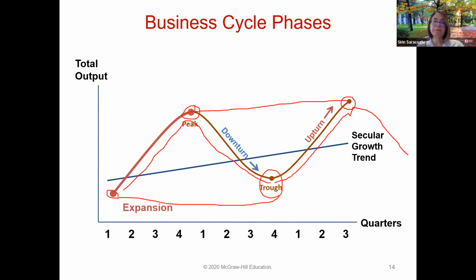Naturally, according to the classicals, these happen naturally in response to the optimizing behavior of economic agents. On the other hand, the Keynesians say that the government should do something about the duration, how long this business cycle takes, and for example, how low this trough is. Also, you do not want high peaks and low troughs. You would like to moderate the business cycles,